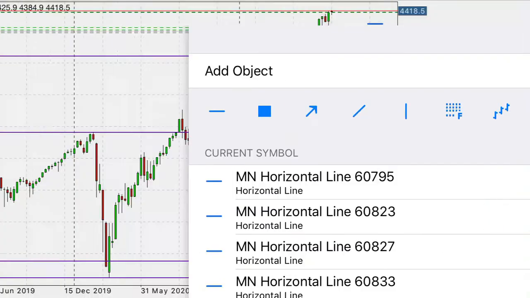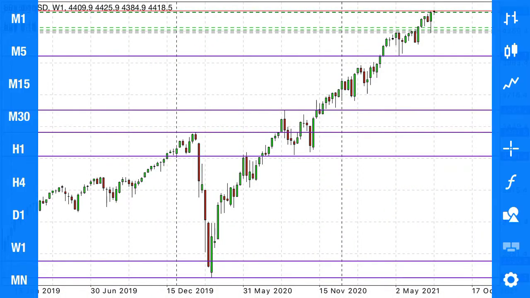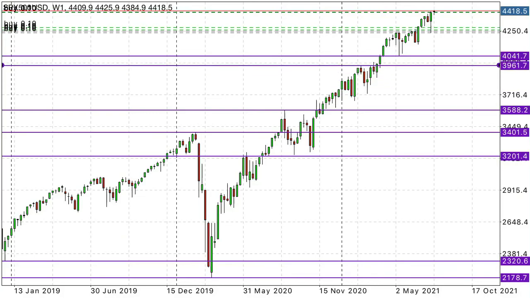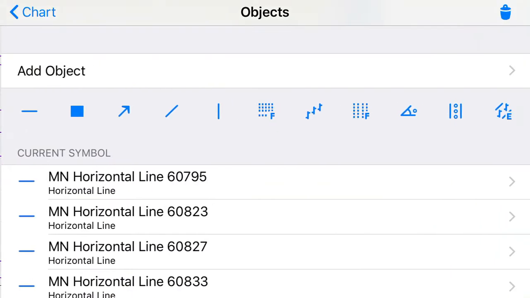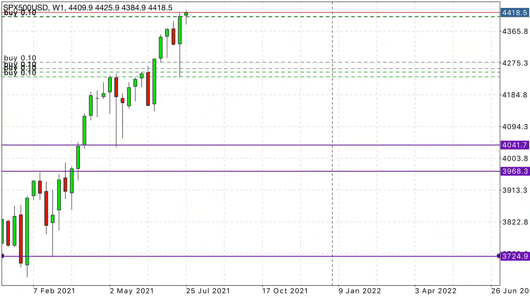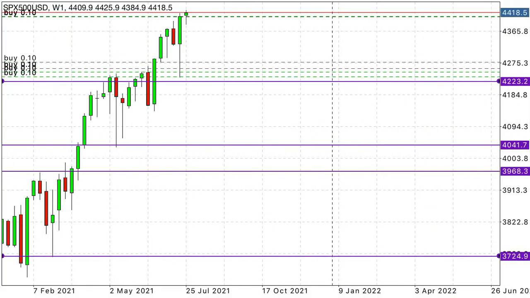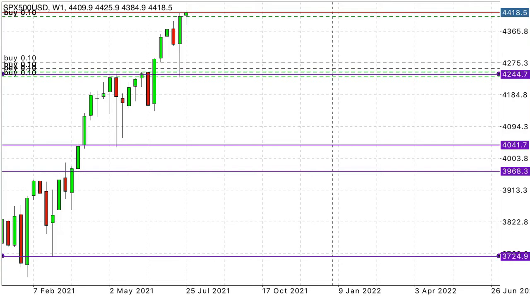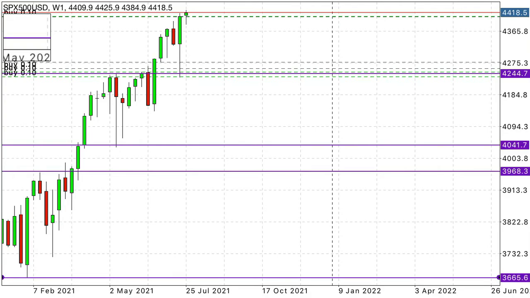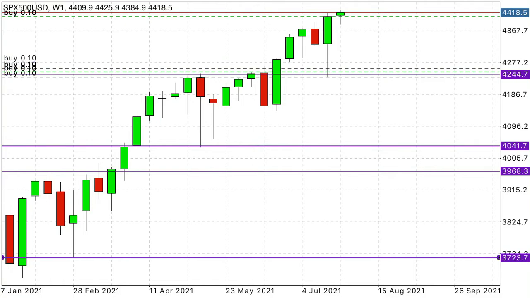So even on weekly, I will be identifying all my obvious support and resistance, all my previous support and resistance on a weekly chart. On a weekly, I'm done identifying all my obvious support and resistance. If you can check here,